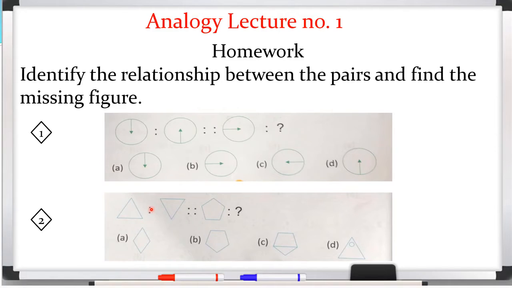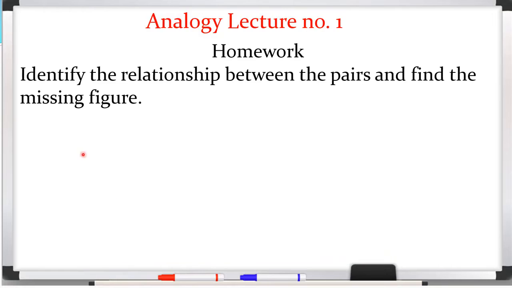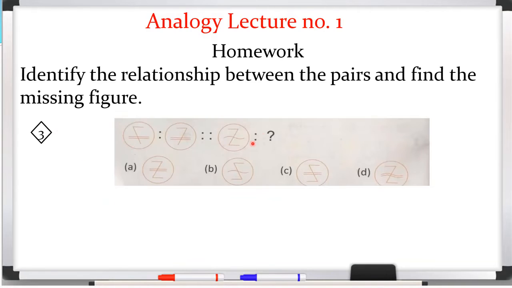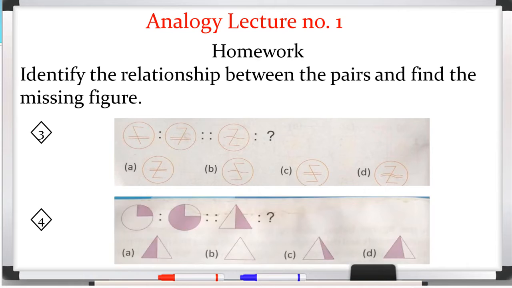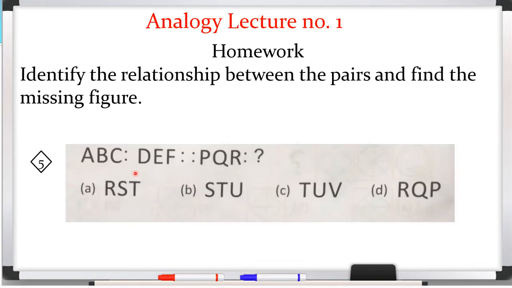Because these are the ratios and these are the proportion. You will learn it in higher classes. Okay. Now question number 3. Again, you have given this and you have to find out the same relationship. In question number 4 also. And in 5 also, you have to observe here it is given A, B, C, then D, E, F. So you have to find out the relationship between these two pairs and then you have to maintain this relationship here in these two pairs. Okay.